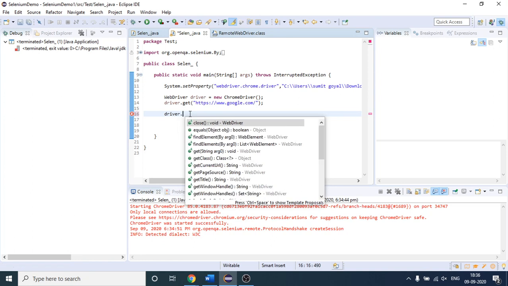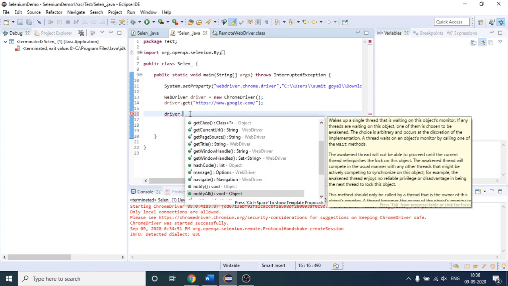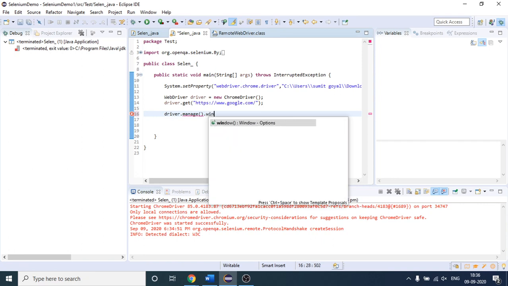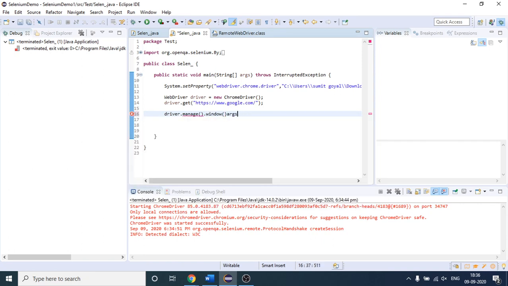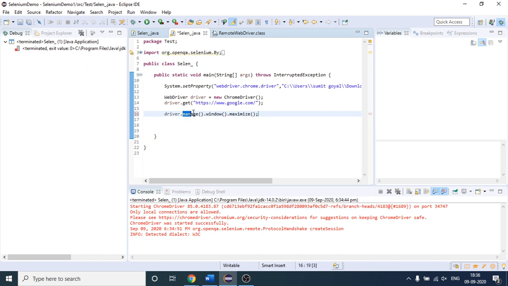Driver dot, yeah, it was that. Sorry, I forgot it. Thank you for reminding me. So driver dot manage dot window dot, yeah. So this is the method. You can see inside this manage method there is one method, the window method. Inside that window method there is one method, the maximize method.